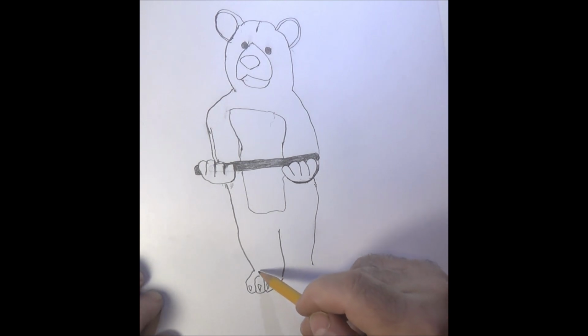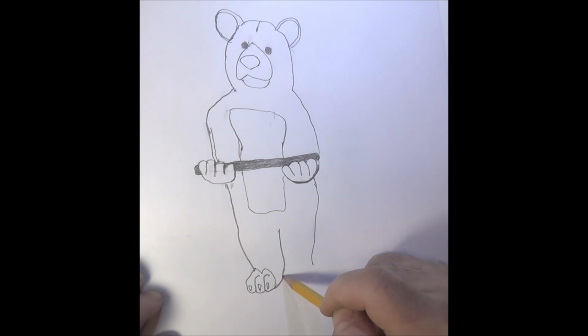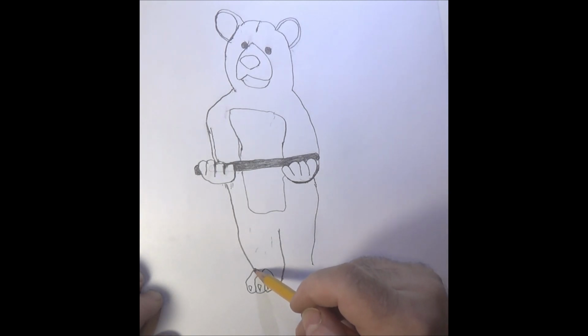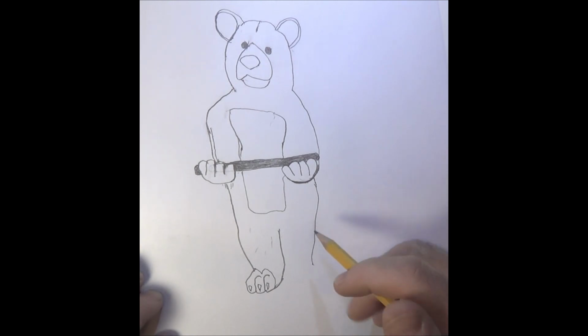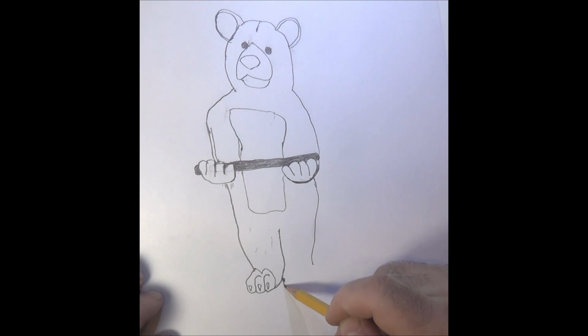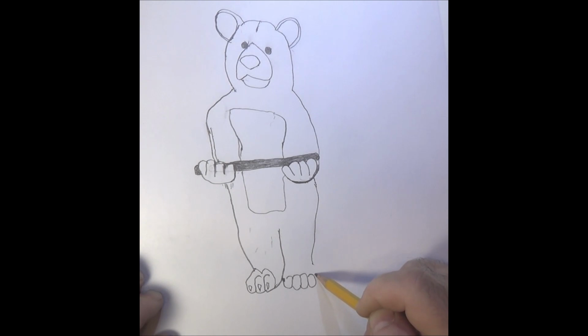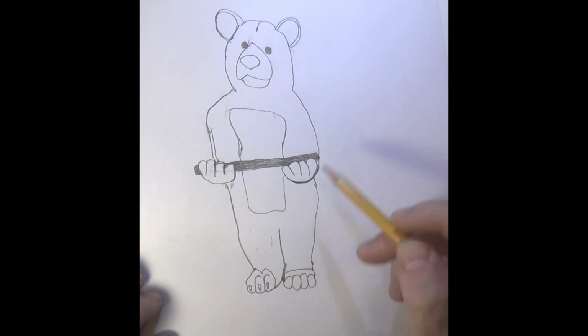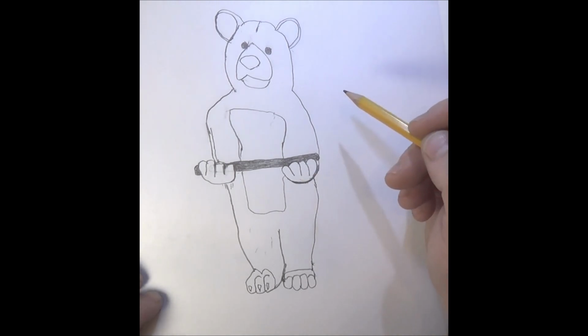Okay. And if he was a black bear, the fur that would be black would come down like this, and something like that. This would all be black. This right here would be, you know, yellow or whatever we're going to color it. The other foot, just going to come right from this line and give him some toes here. Like that. And then this right here would be a different color. Okay. Then take your foot and just attach it. And then if you colored all that in, we have a nice little bear pattern. Okay. And he's holding